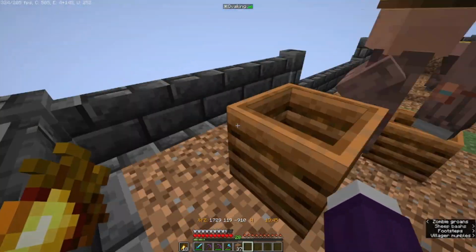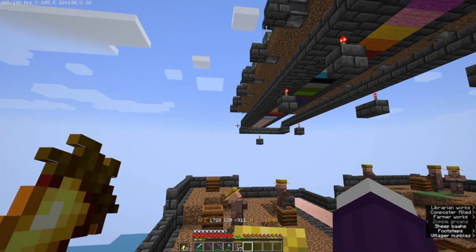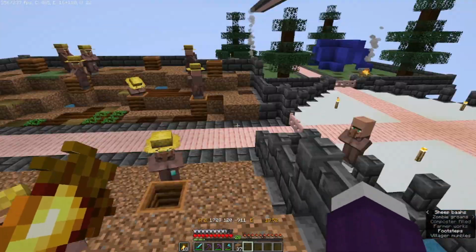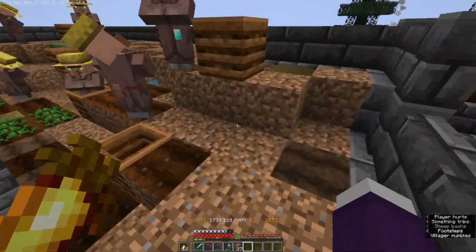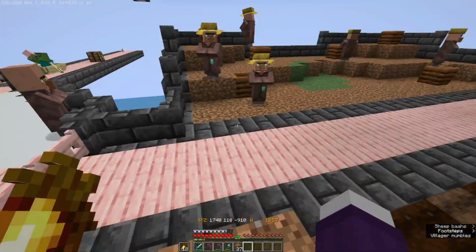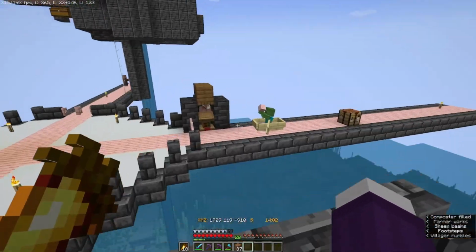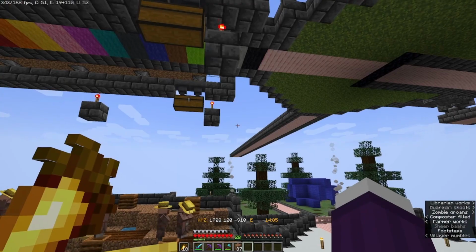And I'm going to end off the video here, because we've done quite a bit today. We're almost finished up with this section. We've got our rainbow bridge, and we got a place for our farmer villagers to go, which is an absolute W. So next episode, I still have some more farms I want to build here, which is going to be a lot of work,